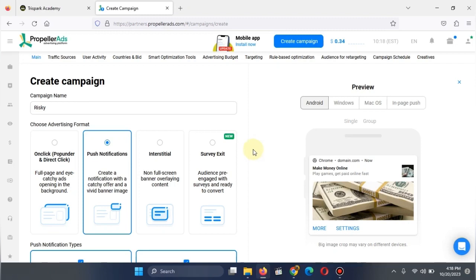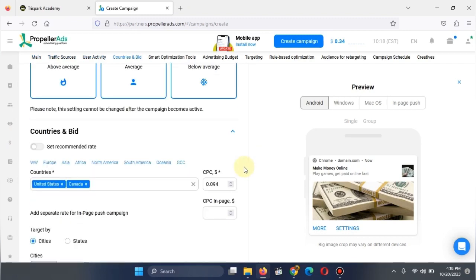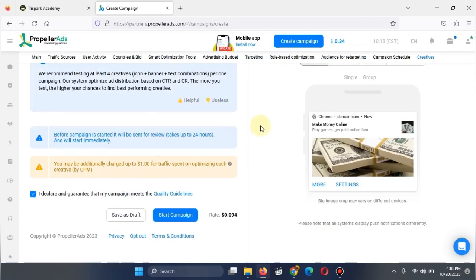So until you finish your ad budget, that's the only time this campaign will stop. So as you do it, you continuously monitor what you are doing, put your eye on your Adsense account or maybe your website to ensure that you are getting the value that you paid for. If you are not, just like I told you that you may not, you can go ahead and stop the ad or pause the ad and make a few changes to it.